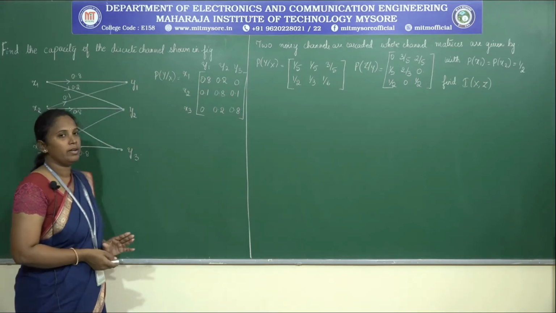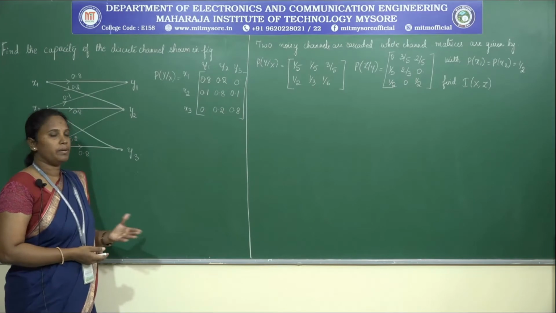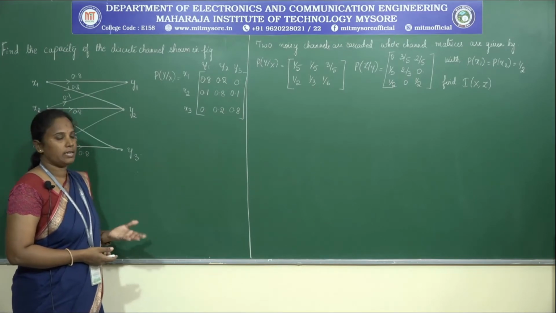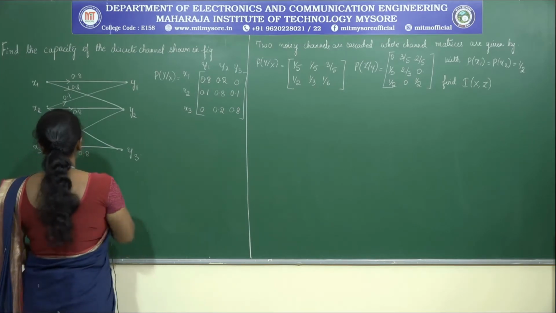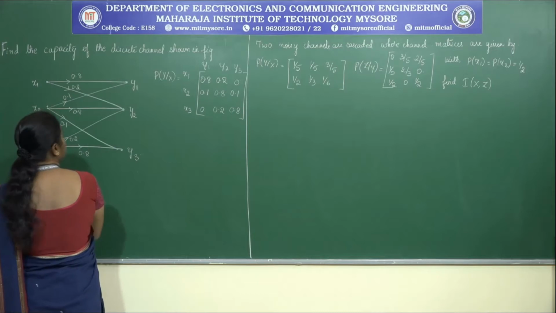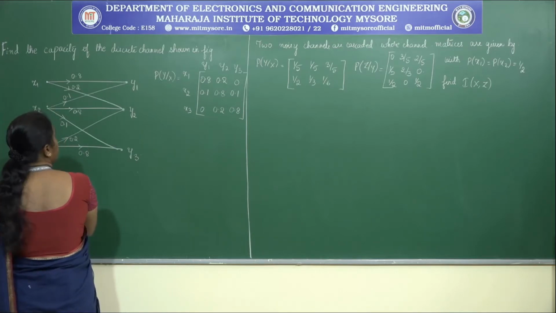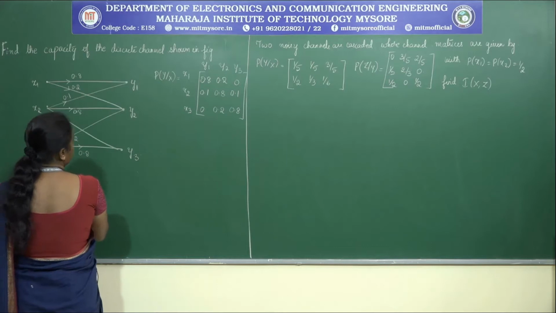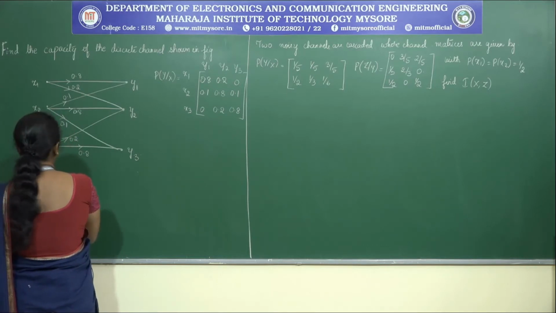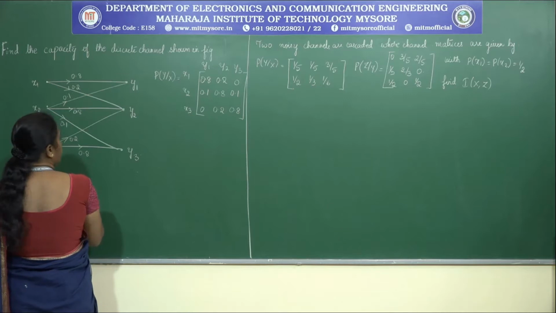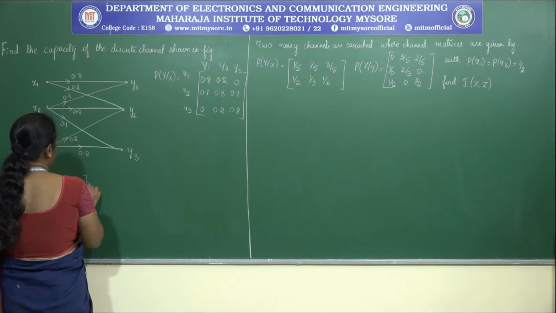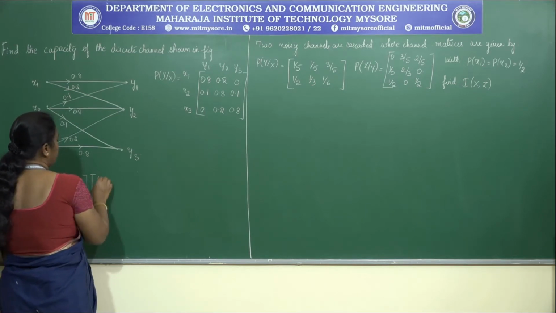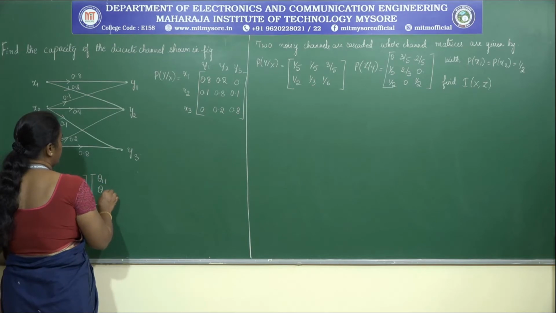So now we need to find the channel capacity. The simple way of finding the channel capacity here is by the Muroga method, so we will go with the Muroga method. Write the channel matrix here, that is 0.8, 0.2, 0, 0.1, 0.8, 0.1, 0, 0.2, 0.8. What are the unknown quantities we need to find here? We have three unknown quantities, that is Q1, Q2 as well as Q3.